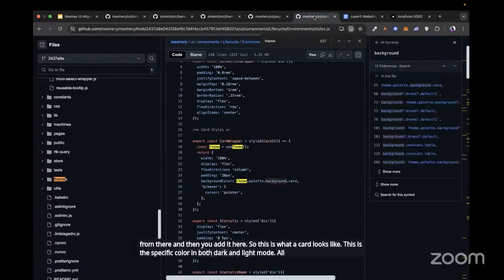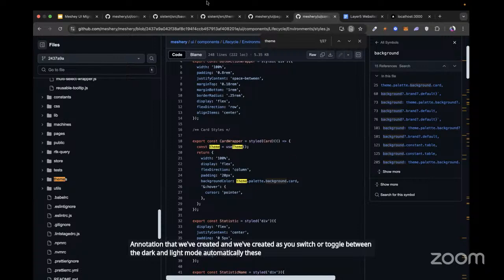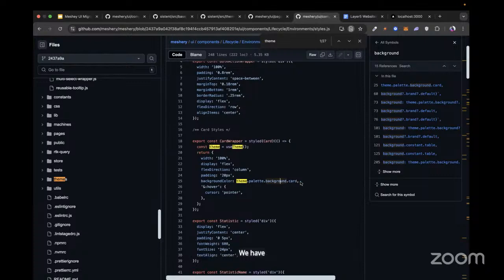All you have to do is just add this annotation that we've created, and as you switch or toggle between the dark and light mode, automatically these colors would get set. So you simply need to go ahead and, from the palette, figure out what is the color that we have to add and get that up here. So that was a very specific